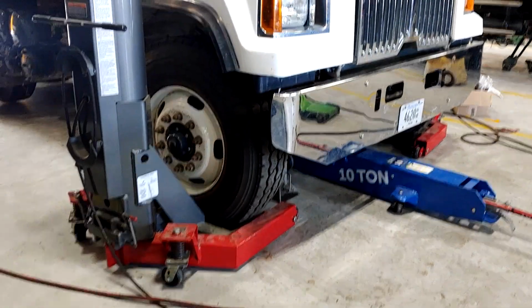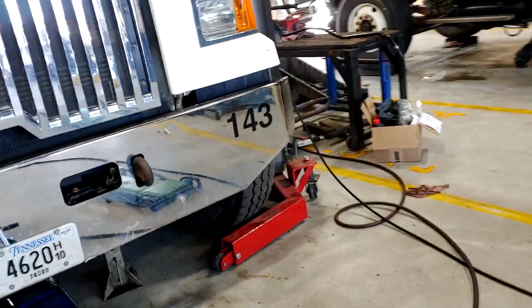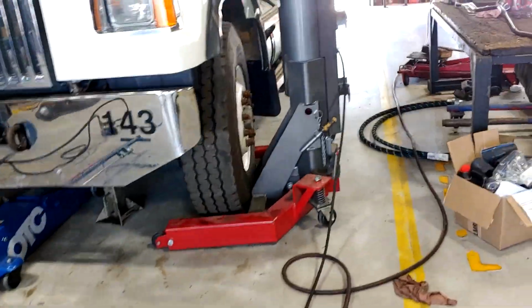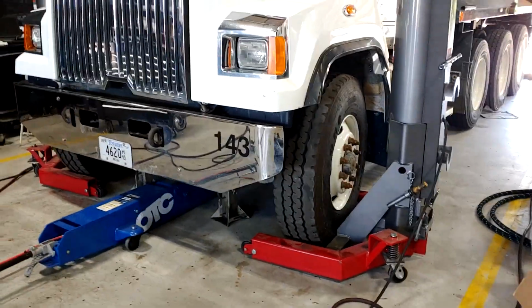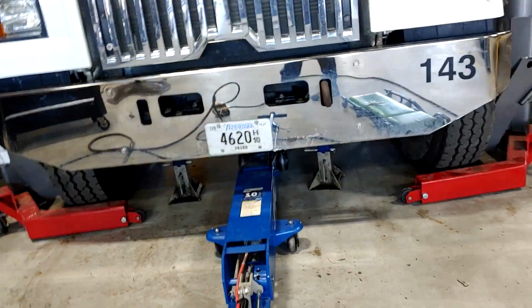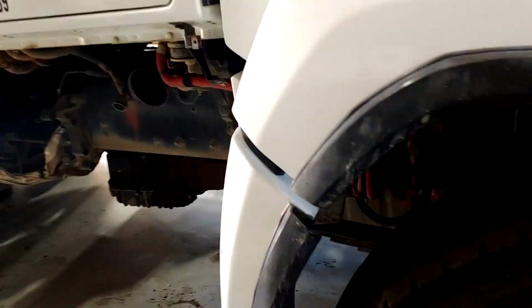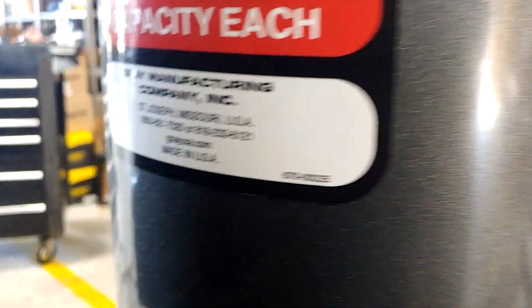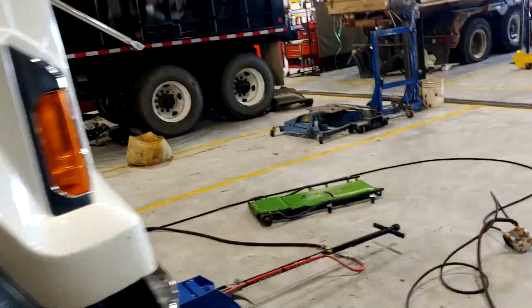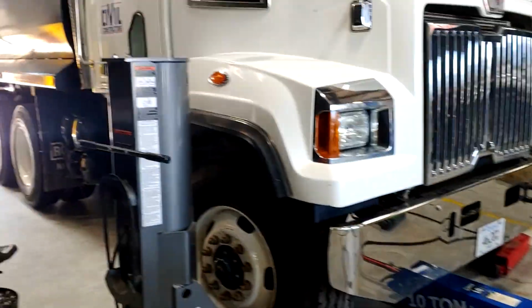All right, so I'm going to attempt to raise it. I've got these pneumatic wheel lift jacks, one on each side. If the truck was empty, the jacks would lift it up no problem. So I also threw a 10-ton jack down here, so I got 20,000 lifting in the center. And then each one of these wheel lifts are 10,000, so we've got 40,000 lifting capability. And I probably got a 100,000-pound truck